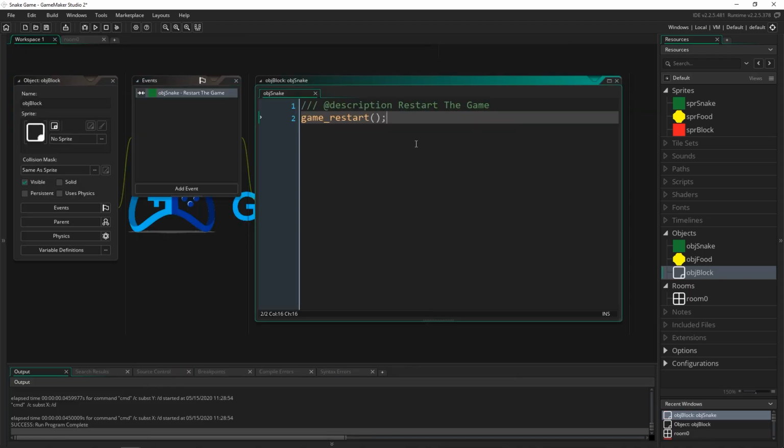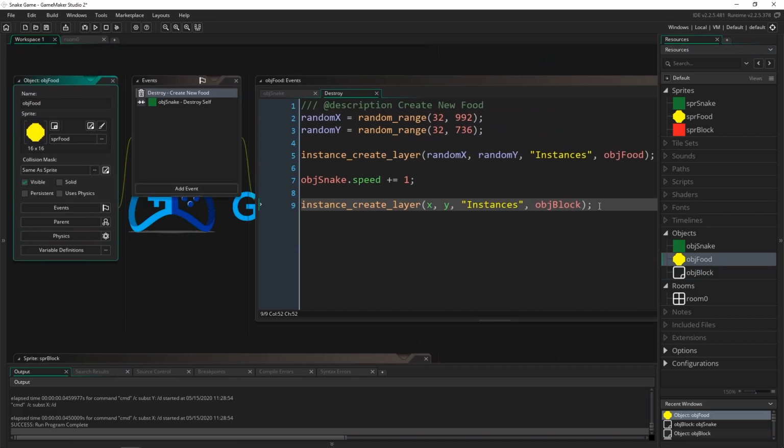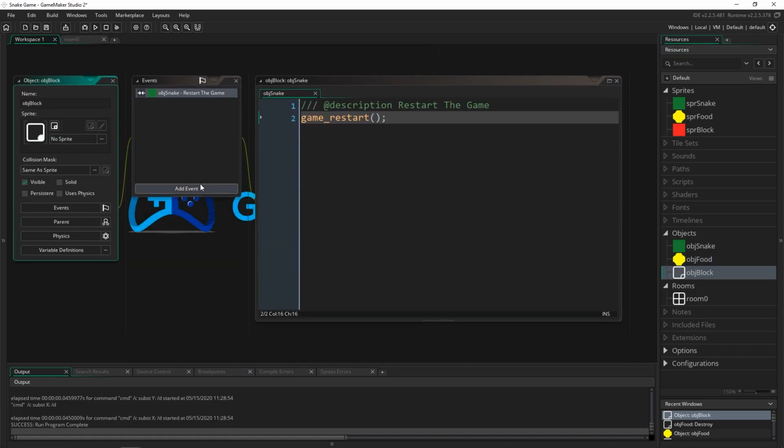So what I want to do is spawn the block and have it set its sprite back to itself, which will also reset the collision mask after a second or so, so that we don't run into it immediately. So inside of our food, we're actually still creating that block. That's totally fine. So let's keep that there and let's go into our block. And now when we get created,